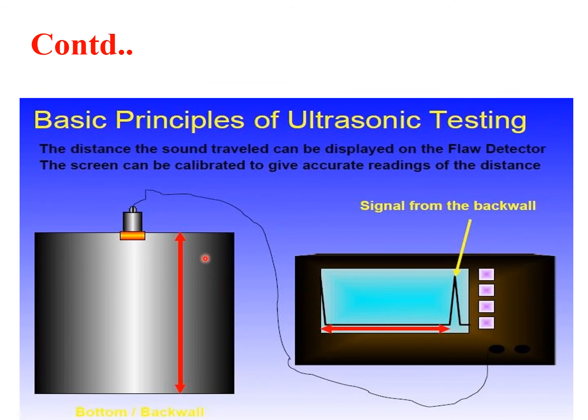If there is a crack, as we've seen in the previous graph, there will be two peaks. One of the peaks has a lower intensity, which means that the flaw has been detected, I mean the defect has been found. Then there is a larger peak. That larger peak represents that the signal has reached the bottommost part and has reflected back towards the surface. That is, this is the signal from the back wall. If there are a number of cracks, there will be small peaks throughout the graph, and the larger peak will represent the signal from the back wall that has been reflected from the lowermost surface.